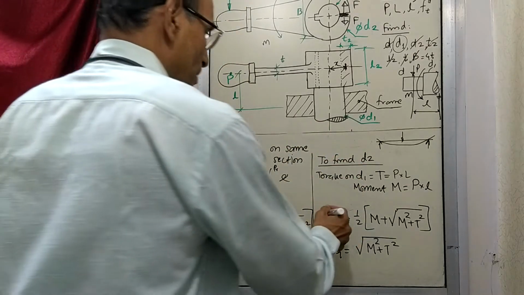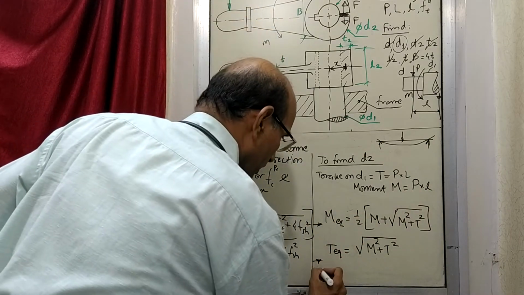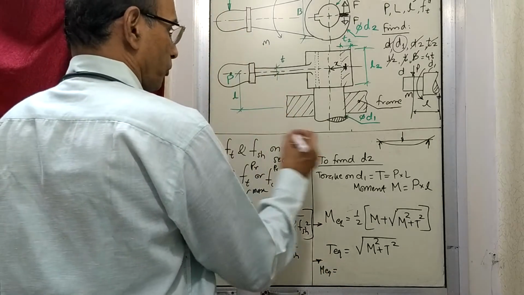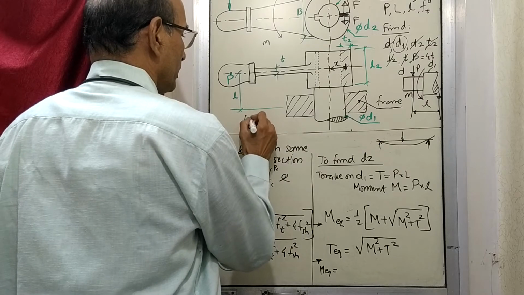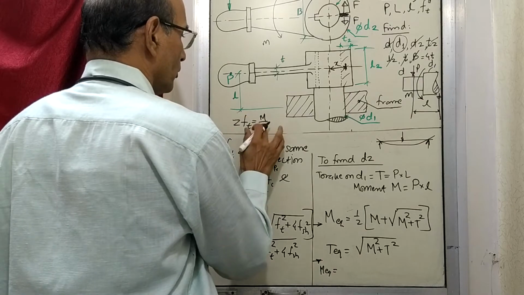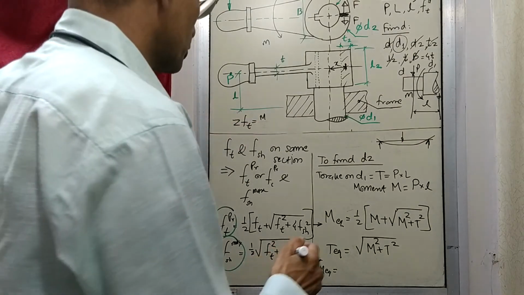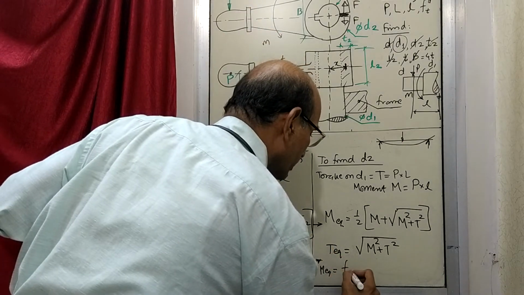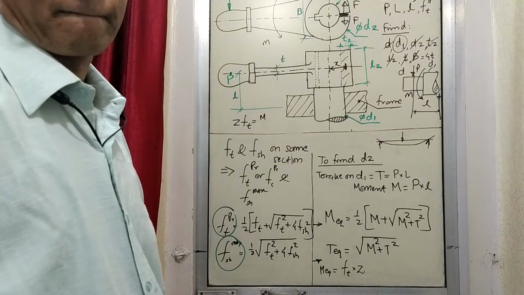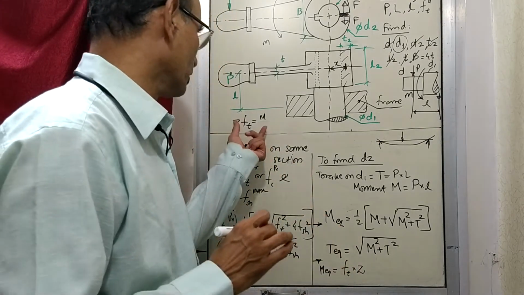Let us go by M equivalent. So by M equivalent, I'll write here, M equivalent. Now what is the formula? The general formula is Ft equal to M upon Z. That means M is equal to Ft into Z. So we'll write here M equivalent equal to Ft into Z. Now we are taking the usual tensile stress because this itself is the usual equation.